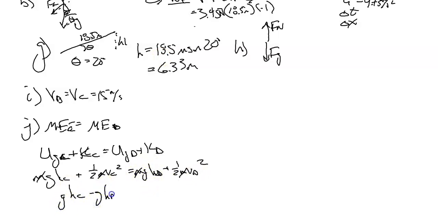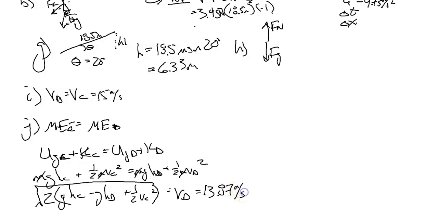I usually like to put these together. Plus 1/2 velocity C squared is equal to 1/2 VD squared. So let's just go ahead and multiply everything by 2. Square root everything, and that's going to give us VD. If you've done that correctly, your final velocity at part D should be equal to 13.87